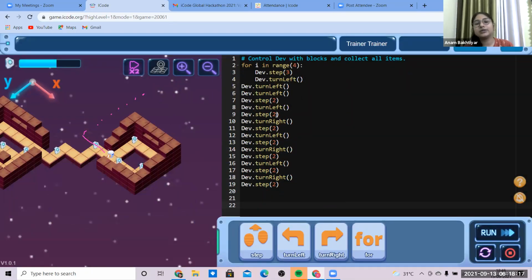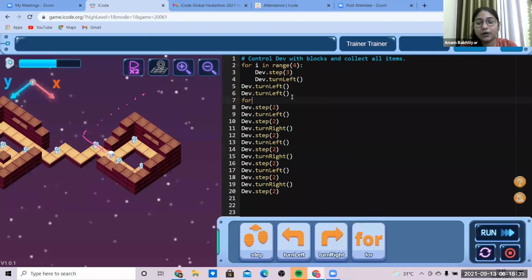Those are twin numbers. So how many times do I need to perform it? Like turn left 2 steps, turn left, step this way. So how many times could this be done? Suppose 1, 2, and 3. So let's do it using a for loop. for i in range 3. Whenever you get confused with the directions, just try to disintegrate the problem and see how many times the steps are repeating.